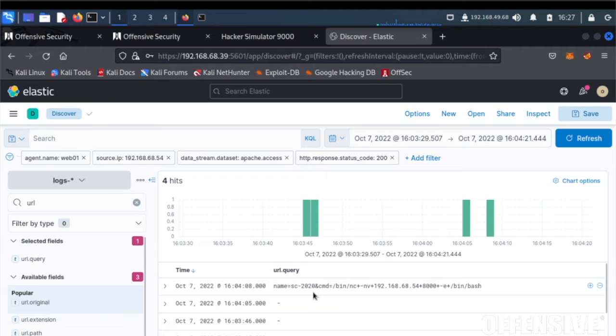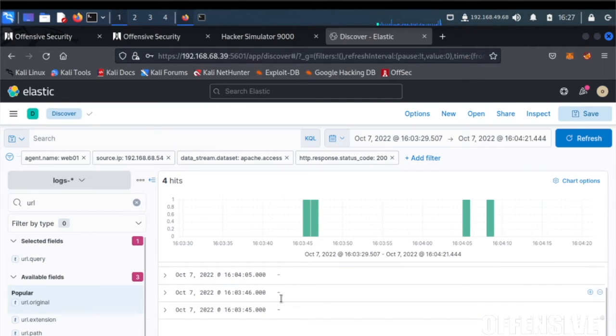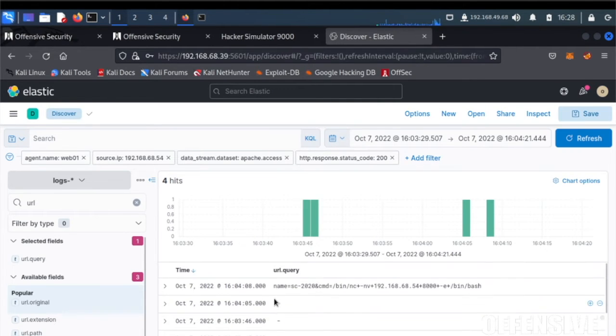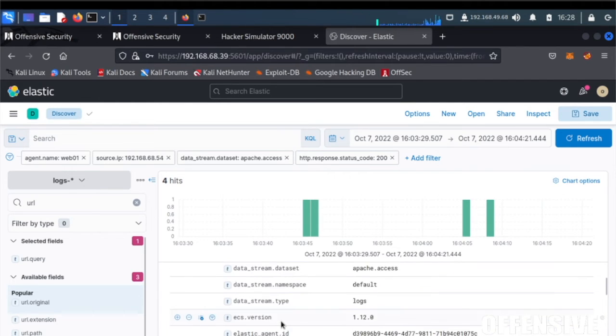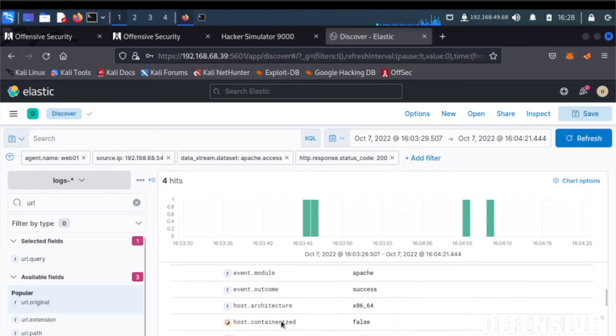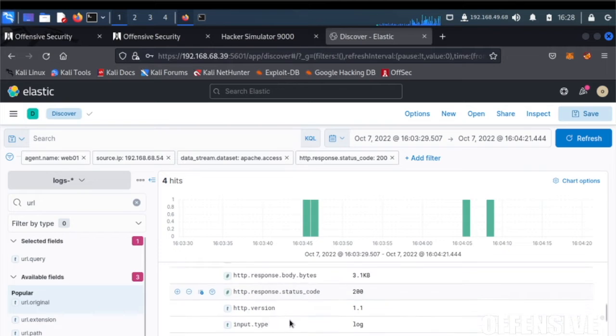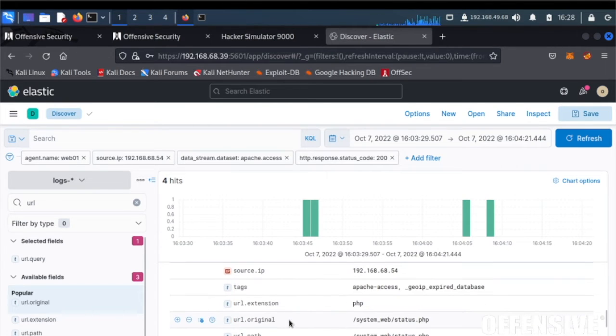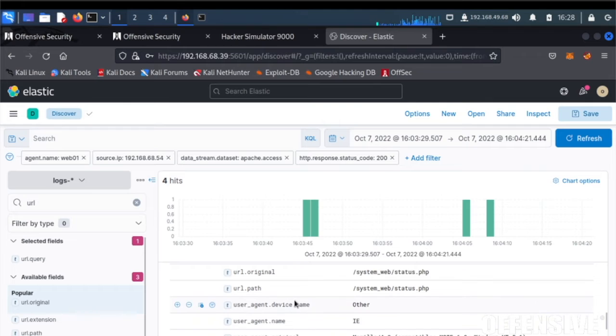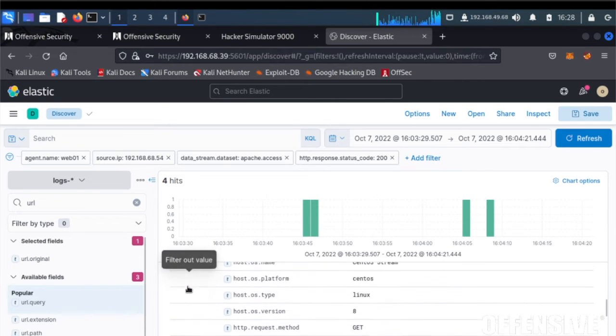I want to see what are all of the attacks. And I'm not seeing the attacks here under URL query, so perhaps we grabbed the wrong column. So let's take a look at where the information is being stored on one of these logs where we're not seeing a URL query. All right, I'm seeing URL path and URL original. So perhaps that is what we want. Let's go with URL original, and we'll take off URL query for the time being,